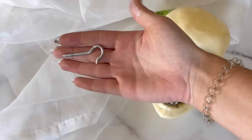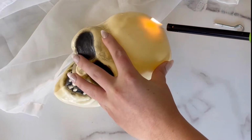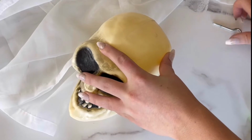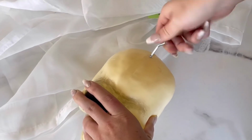The first thing that you're going to want to do is get a little ceiling hook and lobotomize your little fellow. The plastic is pretty hard on these skulls, so I'm just using a lighter to kind of soften the plastic up before I drill this little hook in. If you have a foam skull, you might just want to use some glue along with your ceiling hook to